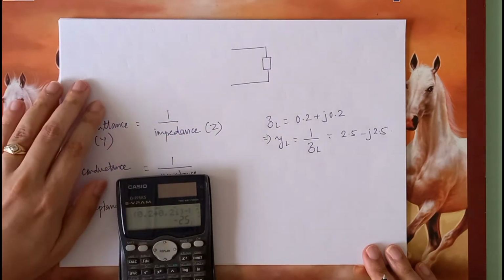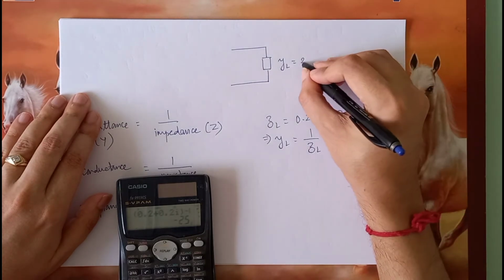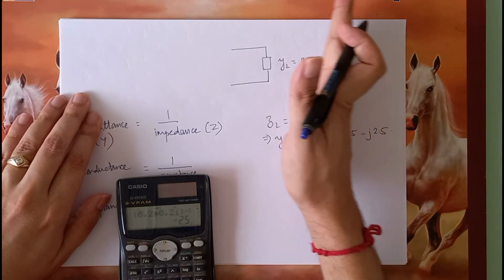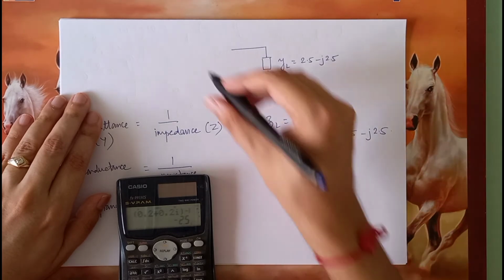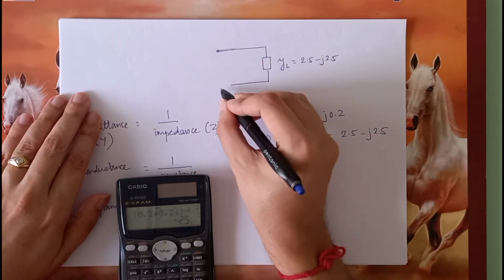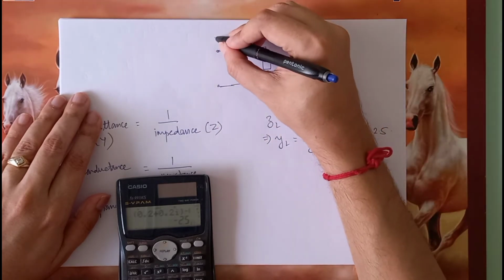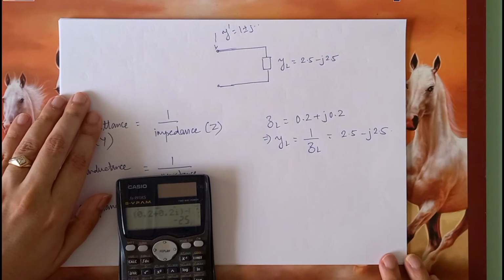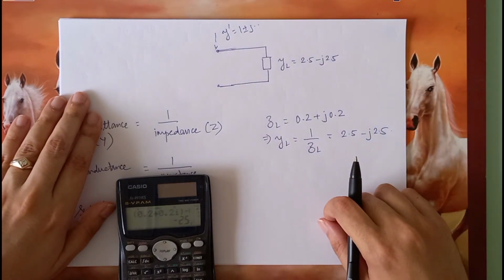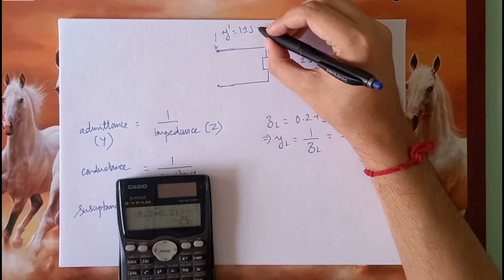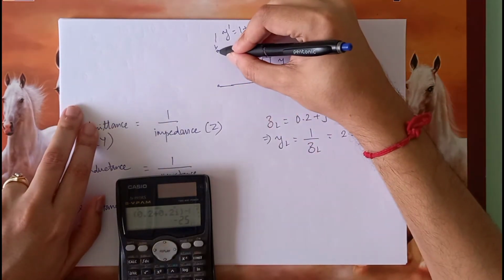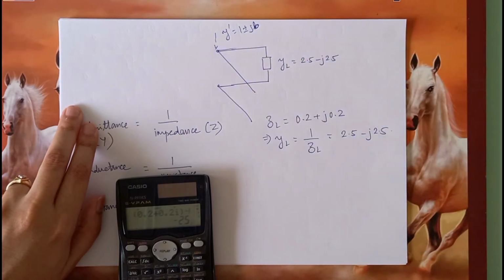So if this load now has an admittance of 2.5 minus j 2.5, the normalized admittance, I am going to transform this. And let us say I will reach some point where the admittance becomes, let's say y prime, that is 1 plus minus j something. The important thing is the real part has to be 1. And let us say the imaginary part is some jb. So 1 plus minus jb. So therefore, what I can do, I can connect a parallel stub, either open stub or short stub, that does not matter,